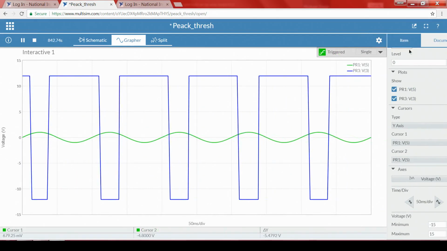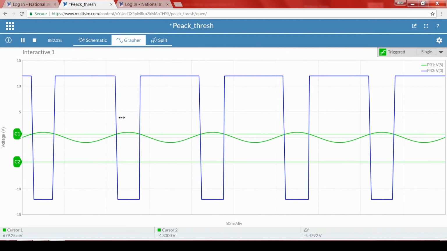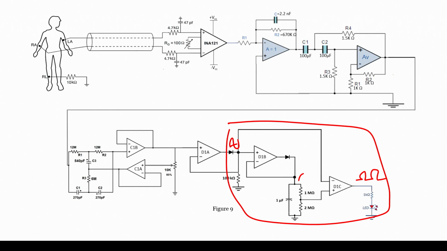Now, what to understand? One thing is clear, that C1 represents our threshold and the green color represents our input signal. What about the blue color? Blue is nothing but our output. Now, what is happening? Whenever the input signal is greater than the threshold value, it is going to minus VCC, right? And whenever the input signal is lower than that, it is going to plus VCC. The reason why? Because we have used positive input. Here if you observe, the negative terminal is connected to here, whereas the positive terminal is connected to threshold.